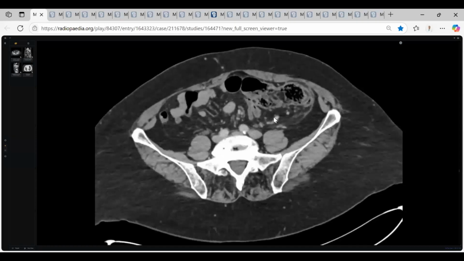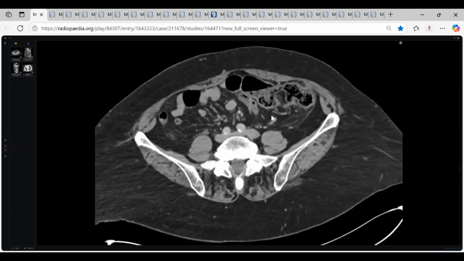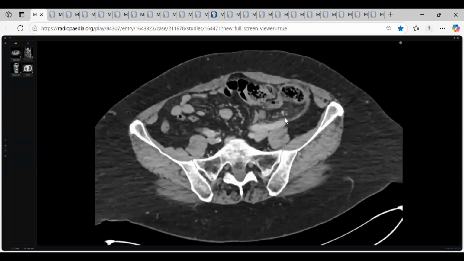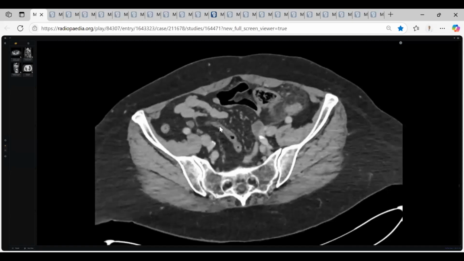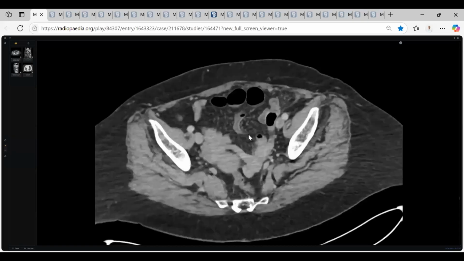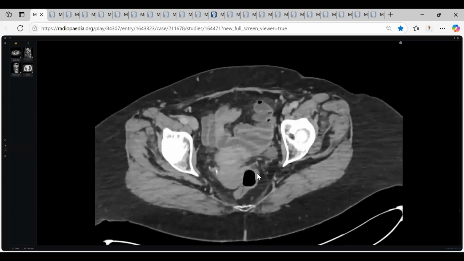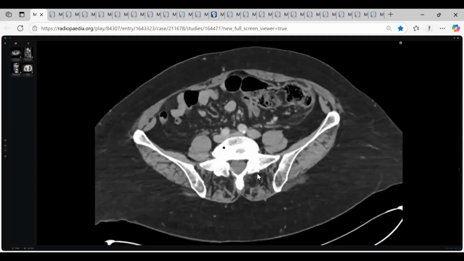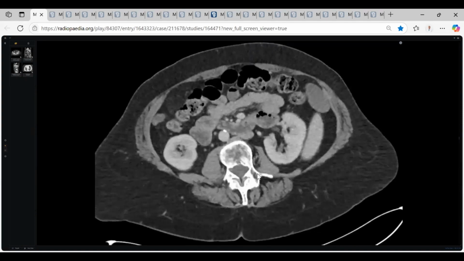Due to the location, and in a patient with situs inversus totalis, I would say this is in keeping with appendicitis. But other differentials in this location are omental infarction or epiploic appendagitis. I don't see any other fat stranding anywhere else. There's no free fluid in the abdomen. I can't see any other features. So in summary, there's a patient with situs inversus totalis with acute appendicitis. I would like to